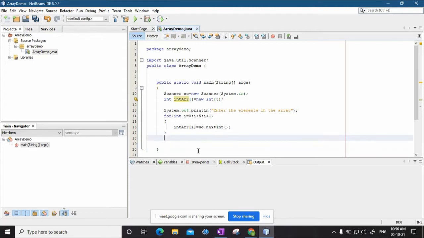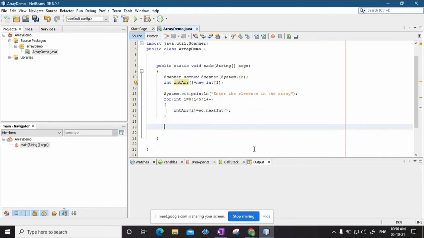Now let's print the content of the array. I will be doing the same mistake now. Although there are only 5 elements in the array, I will try to print 10 elements from the array and check what happens. Now before I proceed, I will tell you, in Java the for loop has an extension, and that extension is called for each. So there is a shorthand of writing a for loop.